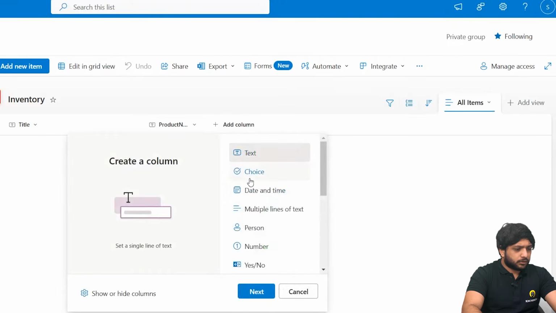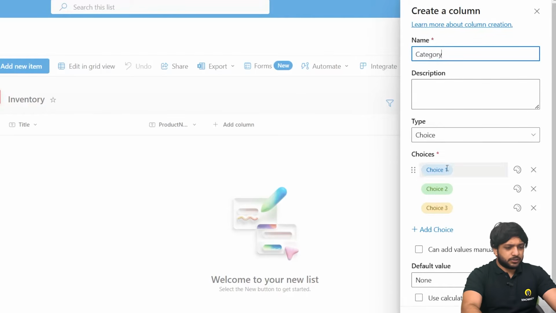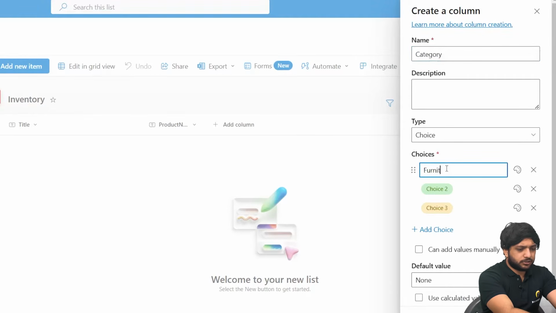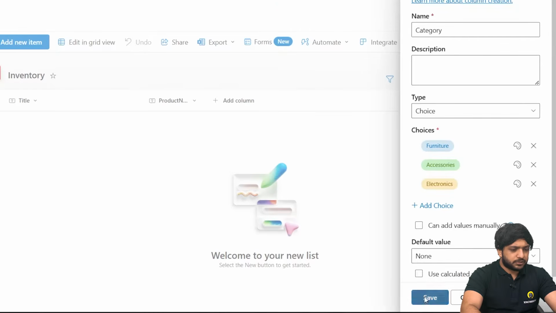Then our category. So for that, I will take the column choice. I will name it category and let's take choices. First is our furniture. Second is our accessories. And third will be our electronics. After clicking save,